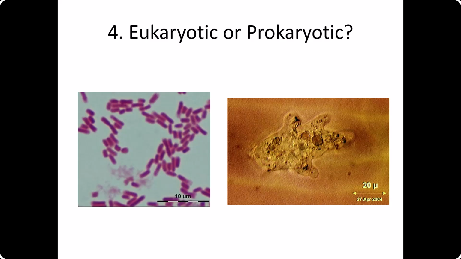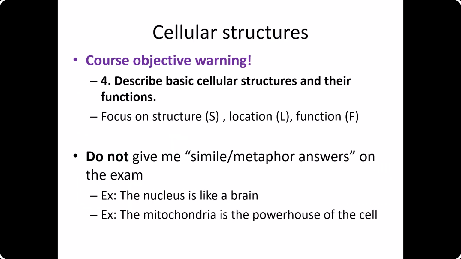So what about this picture? If you want, you can pause it. So on the left, prokaryotic. On the right, eukaryotic. You can't necessarily tell from the picture which one of these intercellular structures here are the nucleus, but since you can see so many of them, that gives you a good hint that that is eukaryotic. So the next part of our lecture, we're going to talk about cellular structures like cell organelles,